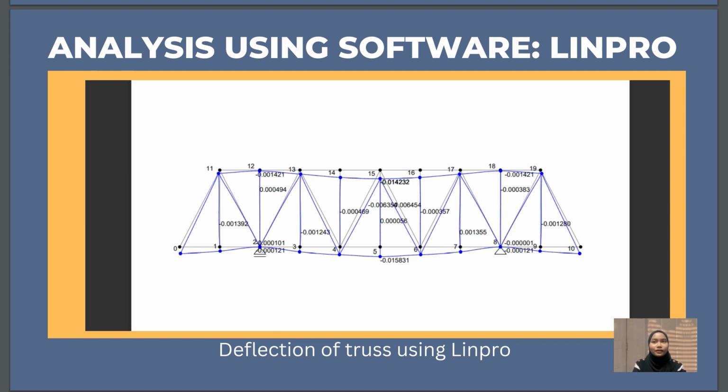0.015831 and negative 0.014212 respectively, while the minimum deflection is at joints 2 and 8, with the value negative 0.001421, and at joints 12 and 18, with the value negative